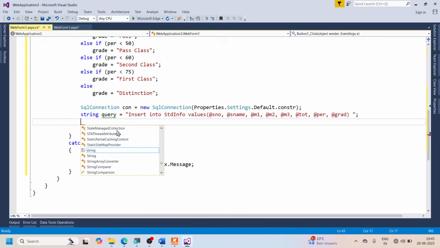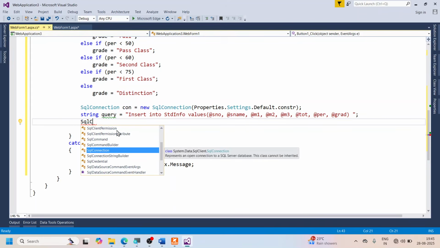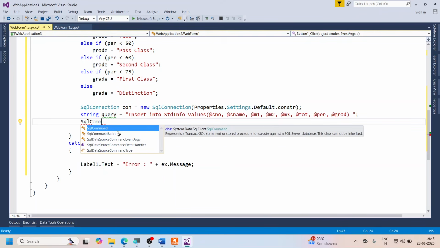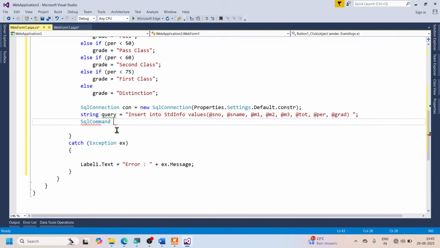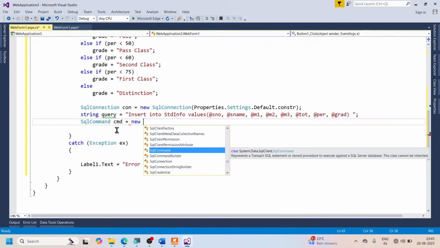So I'm going to say SQL command. Again, this you must remember during the examination. You won't get the help. So SQL command, press enter, and I'm going to call this one CMD as my command, and I'm going to say new SQL